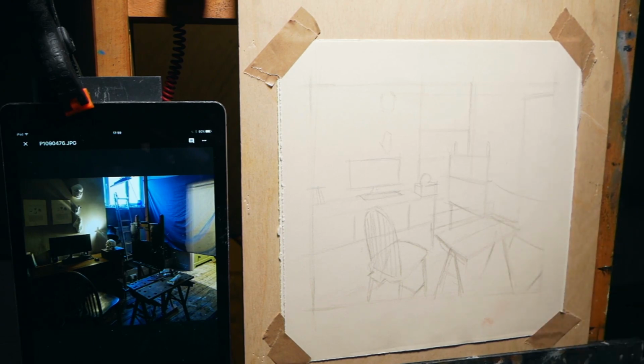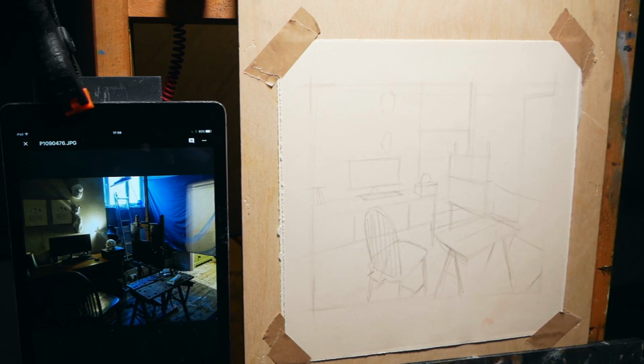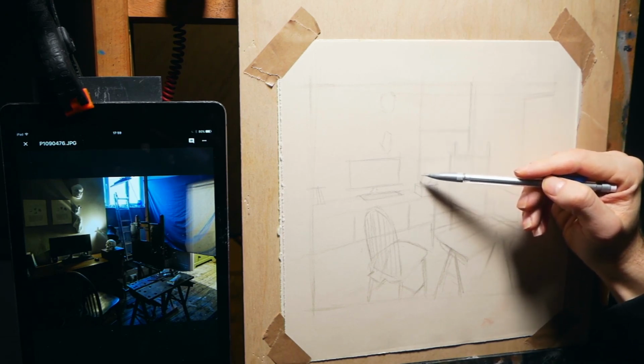So yeah, something like that I think is not too bad. I'll just go through and accent those most important shapes. Some of the other stuff like around here we've got to fiddle around with next session, but it's just this first block-in that we want. So important shapes are, we've got